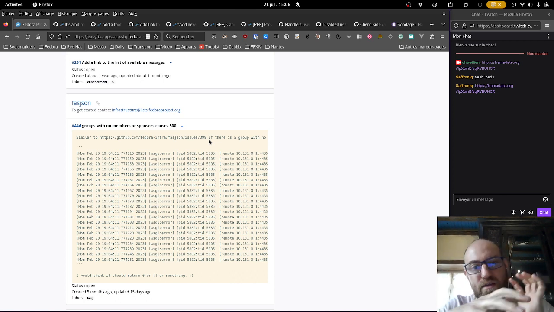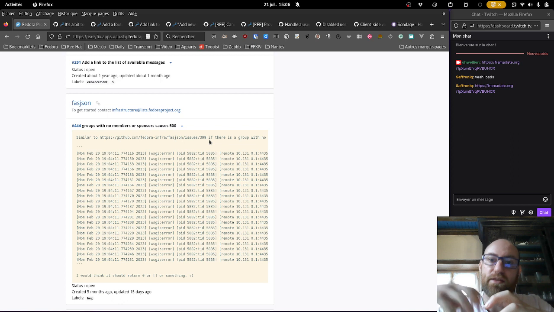So basically in IPA you can have groups, you can have group managers, we call them sponsors. And in those managers you can have users or you can have groups as well. As a consequence, if you put a group there, every member of this group is also a manager, an indirect manager, but a manager of the group you're looking at. So this is something that wasn't taken into account when we built FastJSON, so it's breaking, and we need to fix that.